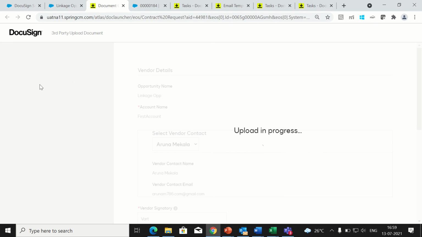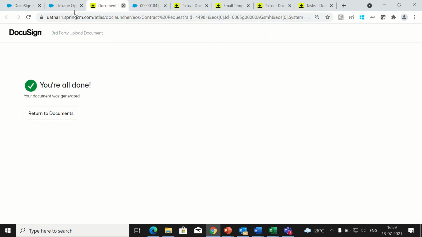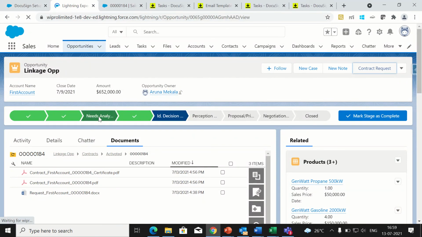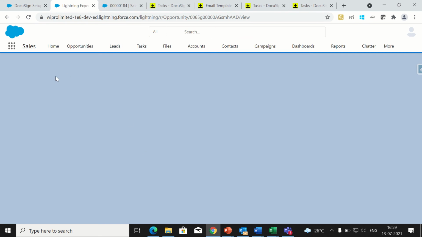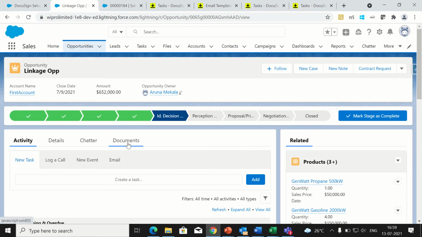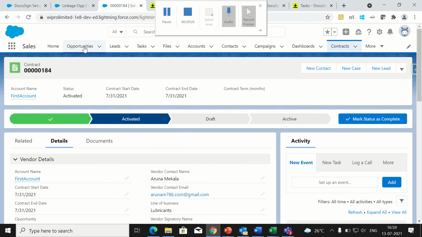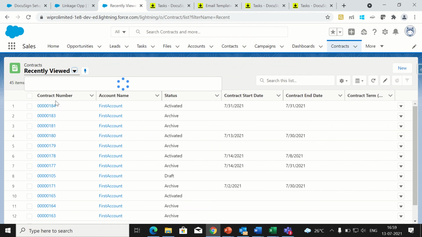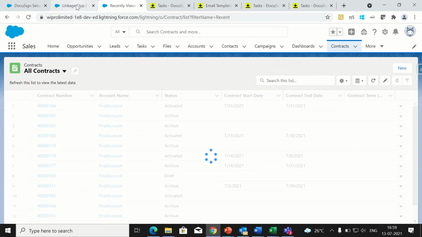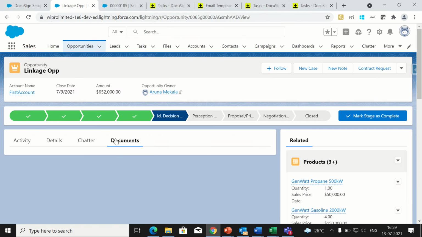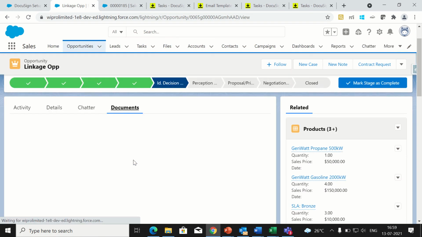So there is no preview of the document as it is not generating a new document here, it is just using the uploaded one. So once the document is uploaded, I should be able to see that uploaded document in the contracts folder as a sales representative. So I'm going to documents, and it will also be creating a new contract here. As of now 184 is the latest one created. Now I can see 185 as well, it was created just now. And I wanted to see the documents.